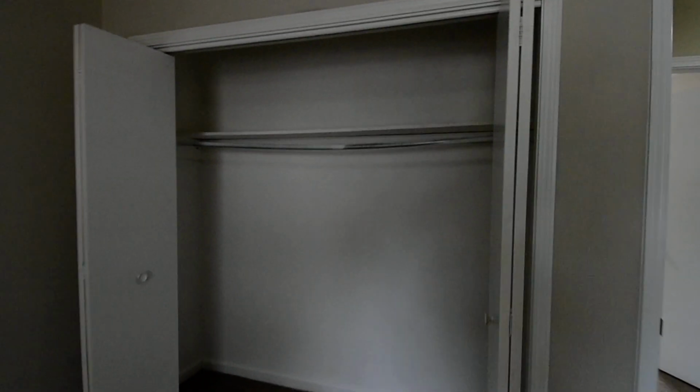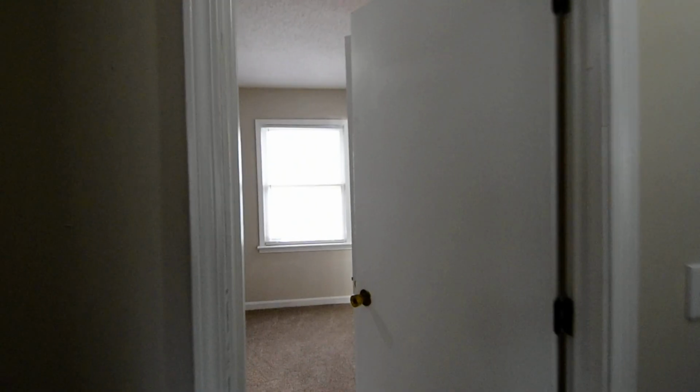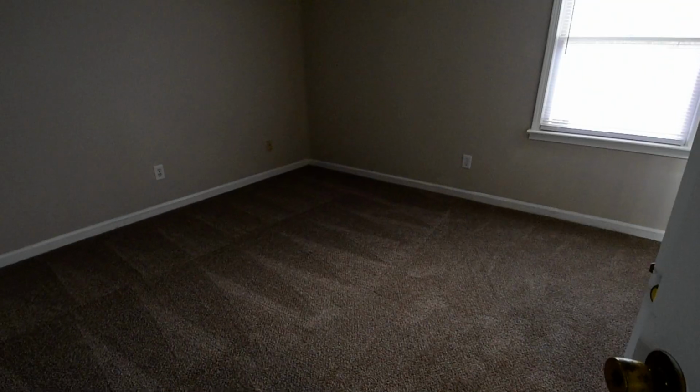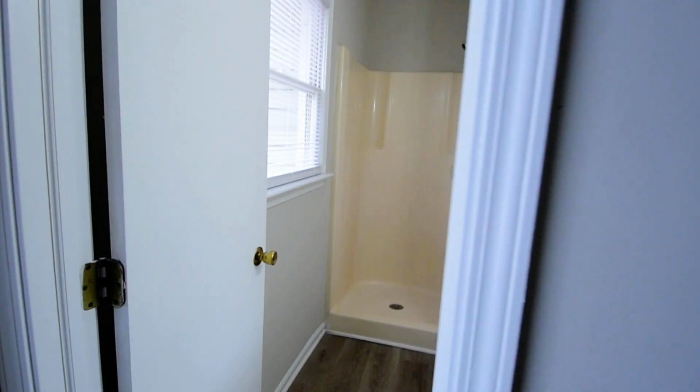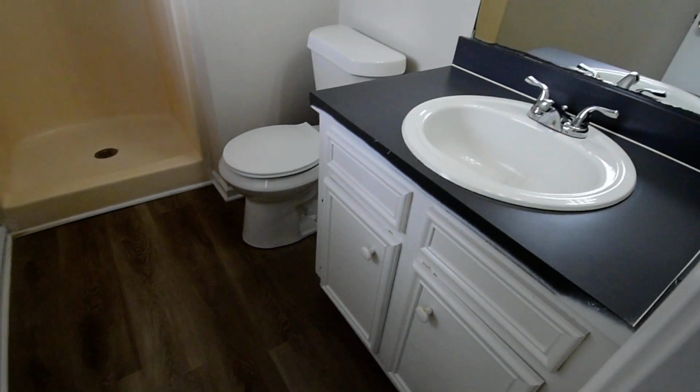Second bedroom with a much larger closet. And then last but not least, you have your primary suite, and you can see it is probably maybe the largest of the 3 rooms. A bit recessed behind the wall there, but on this opposite wall you have a small walk-in closet, and then last but not least, a private bathroom with a single vanity